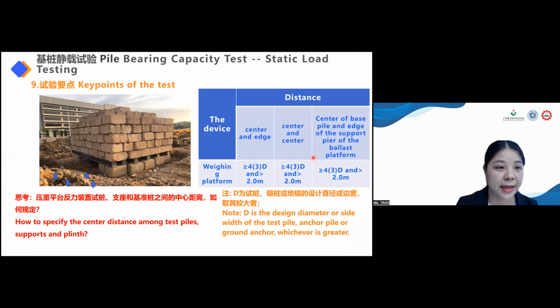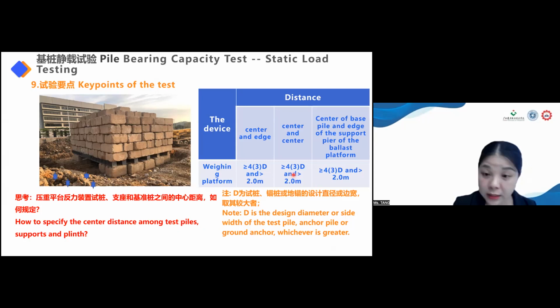Nice. Key points of the test. How to specify the central distance among test piles, anchor piles, and platforms? Look at this picture. According to the code requirements, when the reaction device adopts the pressure platform, the distance between the center of the test pile and the side of the supporting pier of the pressure platform is no less than